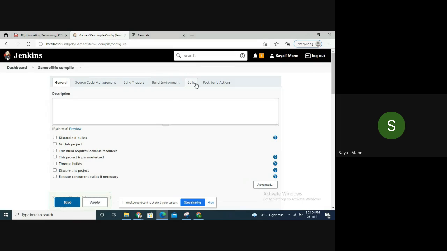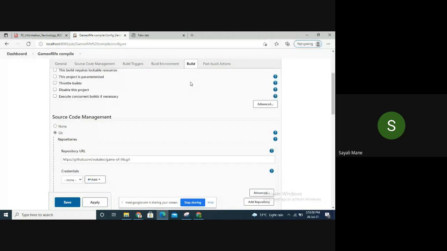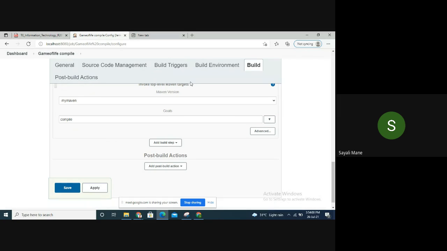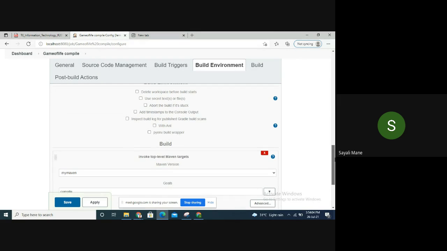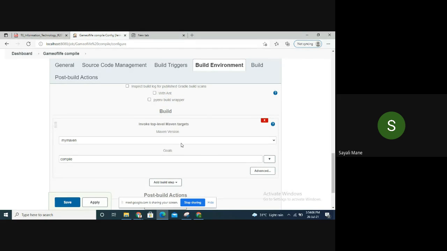Then click on the build one. See here, I have already installed build one. So click on add build, and in that select invoke top level Maven target.